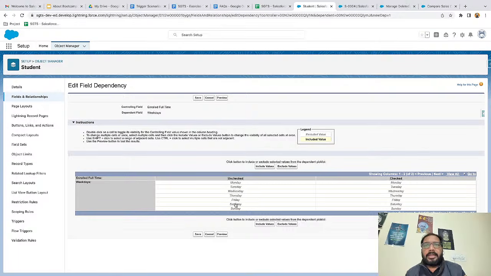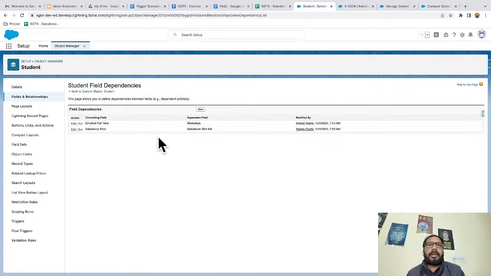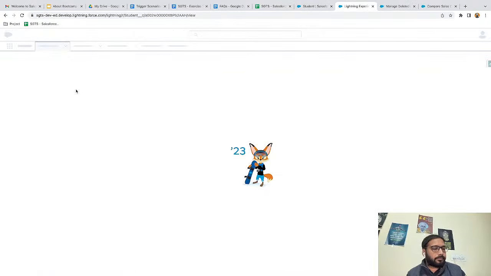Now, if it is unchecked, I want these two values to be included. And if it is checked, I want these five values to be included, right? And I'm just clicking on save. So it is saved now. If you go to field dependencies, you have two dependencies now. And if you go to the UI,